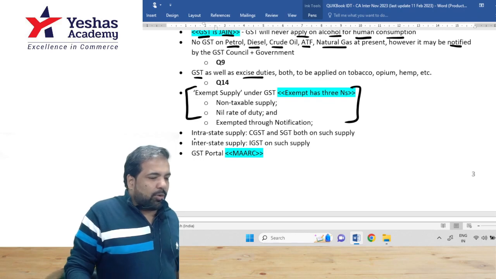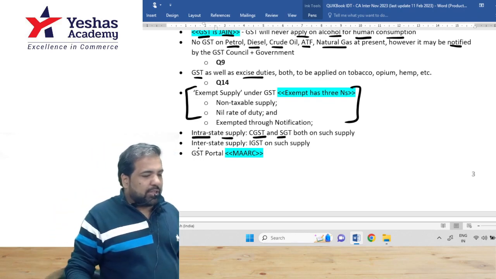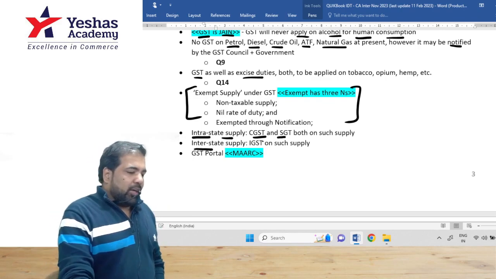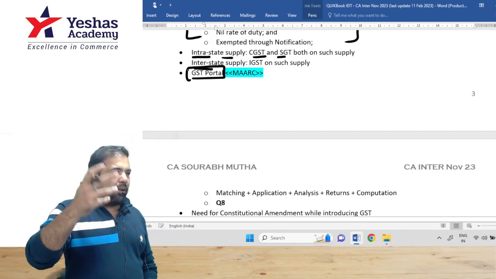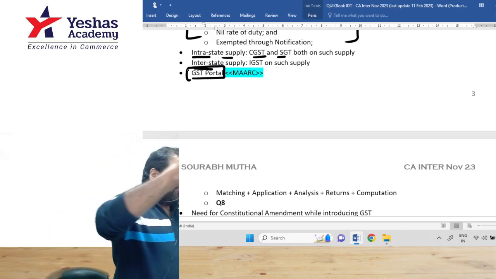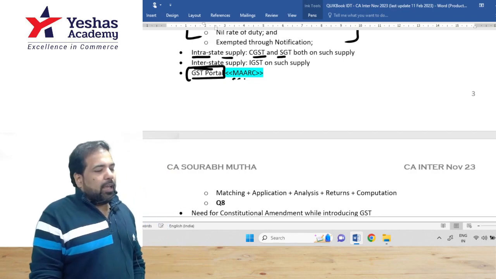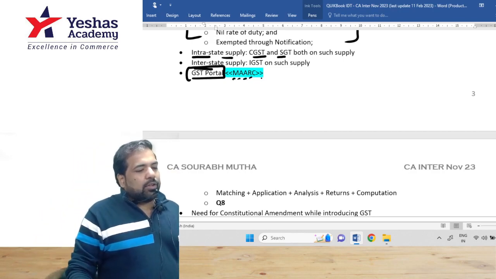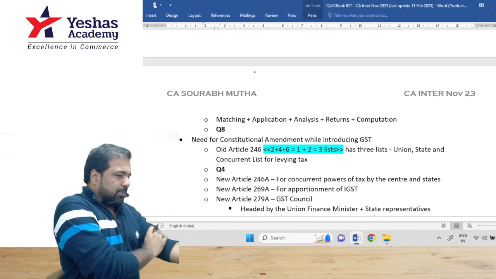Guys, in the same state, it's called what? What applies? C and S, and if it's different states. All right. Do we have a GST portal, guys? Yes. We can't open it right now because that will not be asked in the exam. But what is left is a mark. Guys, what is it? A. A. And this is R. Let's see computer. Guys, these five things, of course, you can do many more things, but these five things you